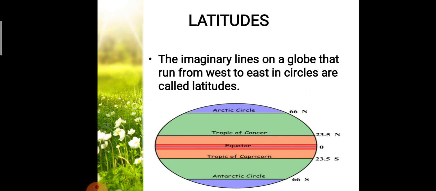Latitudes are measured in degrees. That is very important, you need to remember that latitudes are measured in degrees. When we see the equator here, the equator represents the 0 degree latitude. The distance from the equator to either of the poles, towards the North Pole or towards the South Pole, is 1/4 of a circle round the earth. Thus 90 degree north latitude marks the North Pole and 90 degree south latitude marks the South Pole.